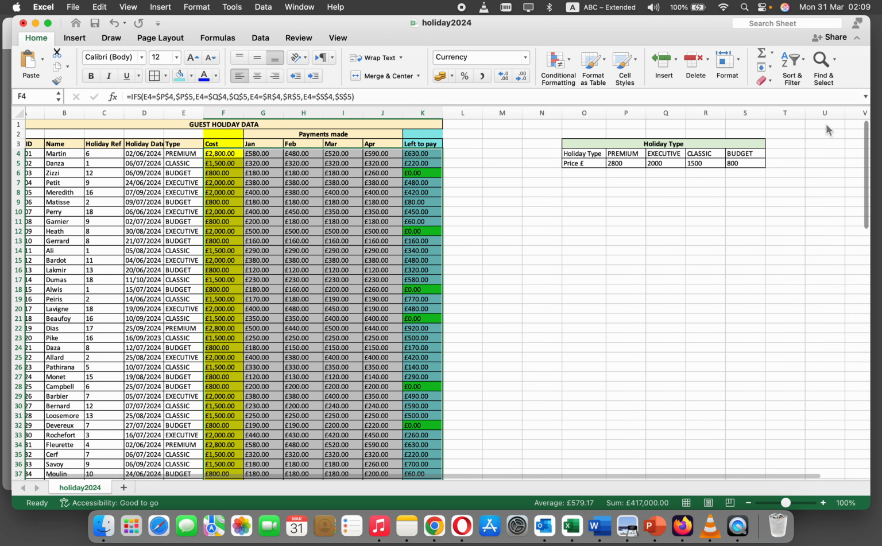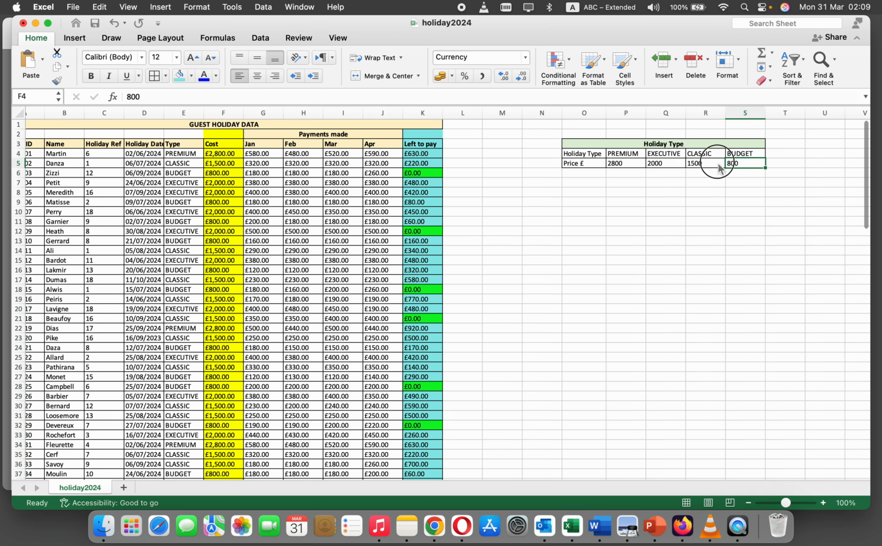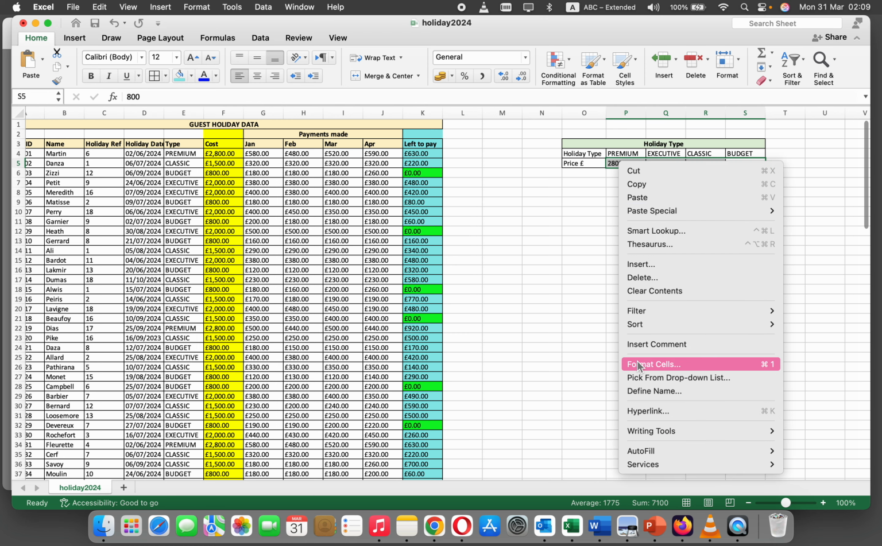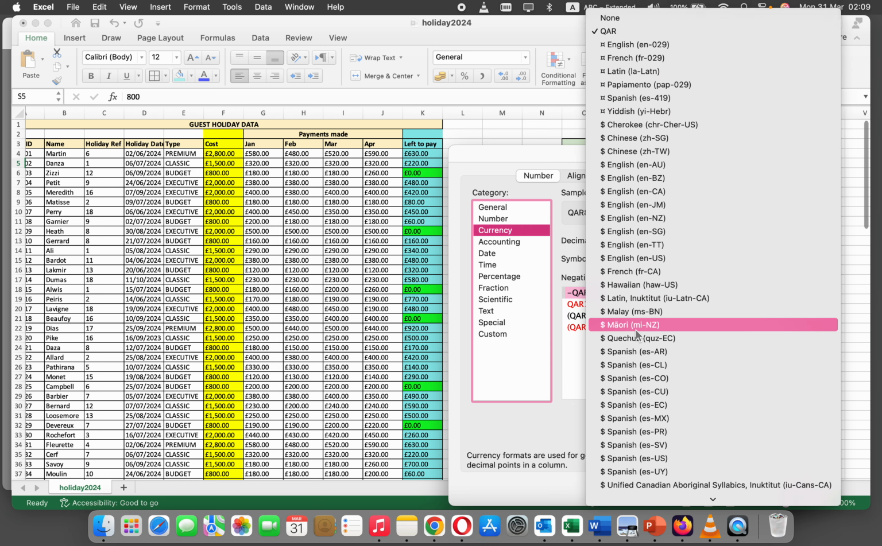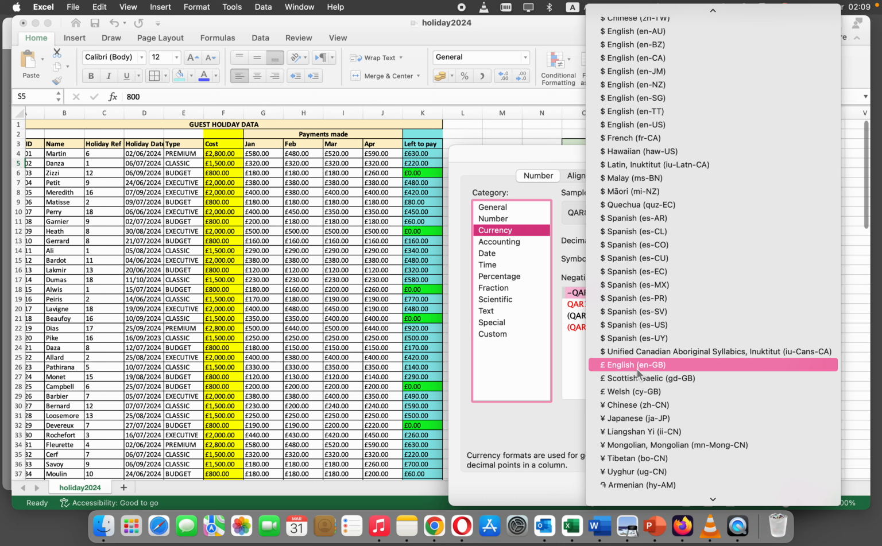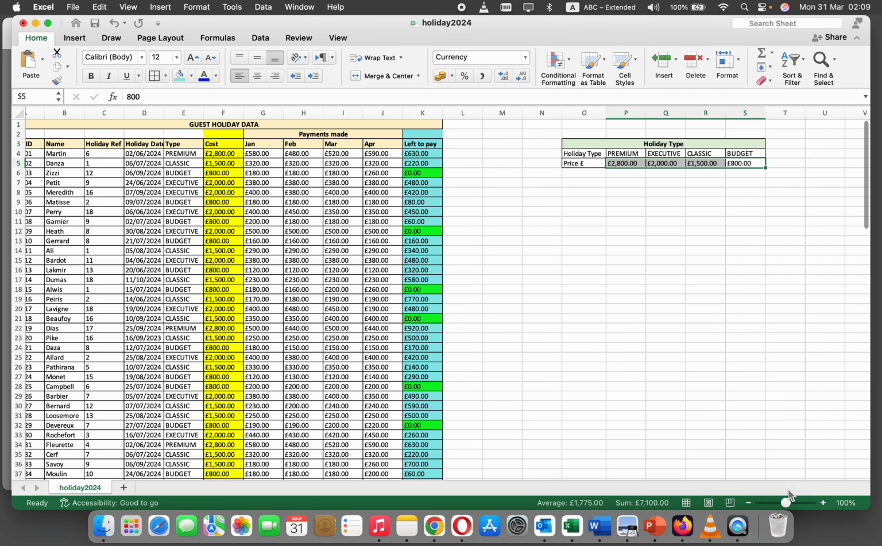and we can do this for these monetary values as well. Format cells, currency, 2 decimal places, but the English pound will be selected like this. Okay, I'll stop now, and I'll see you again in the